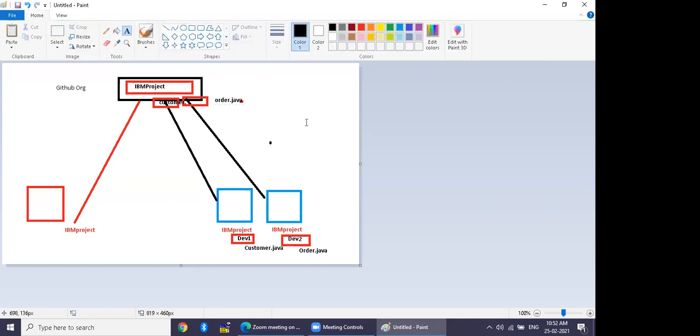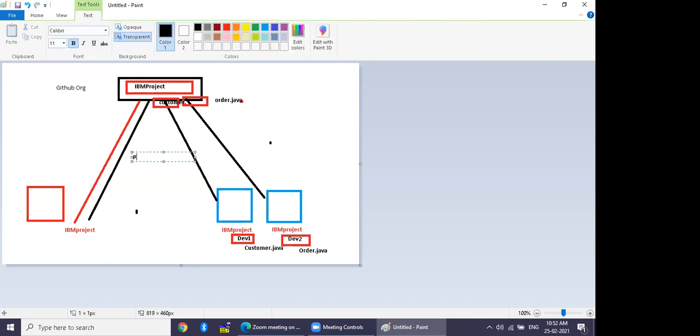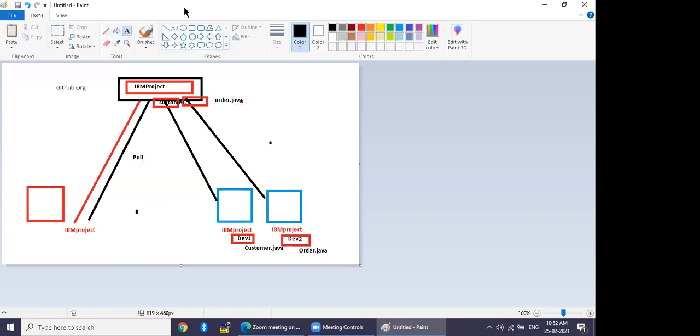Now once these developers have committed their code, your team leader can review the branch. How do they review? Simply they pull everything onto their local machine. Once they pull both codes, available in their respective branches, they decide that from the dev1 branch, the code will merge to the main branch.